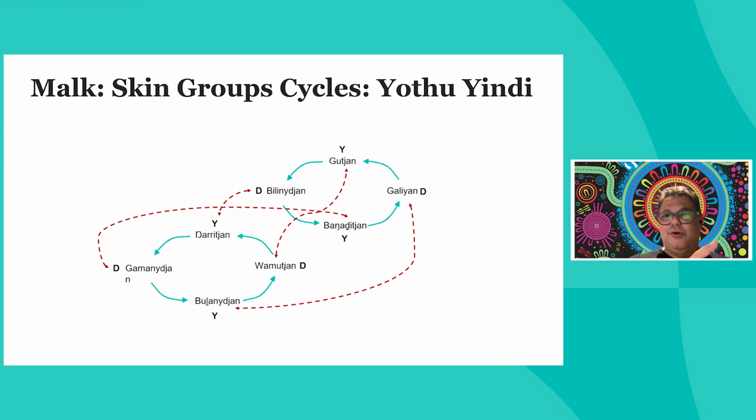So you can think about the whole world as a network of interconnected relationships, not just with people, with everything. And you've got to understand how you're positioned within that network, and you have responsibilities to strengthen that network, to make it strong and to keep it maintained. And this is one of the reasons that we're the oldest living culture in Australia.